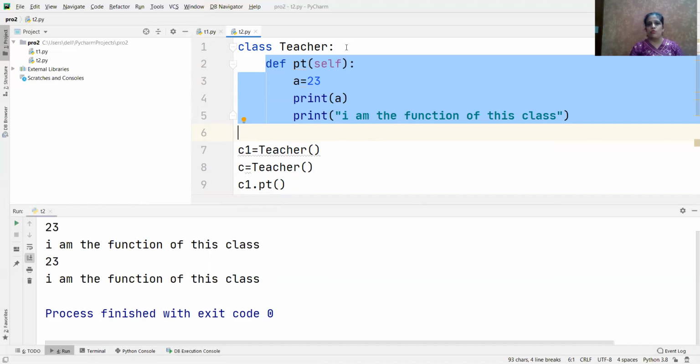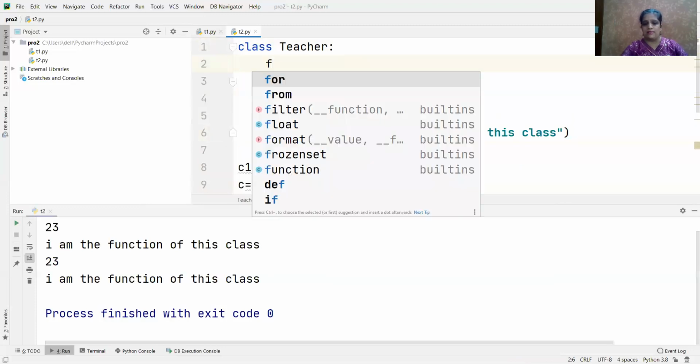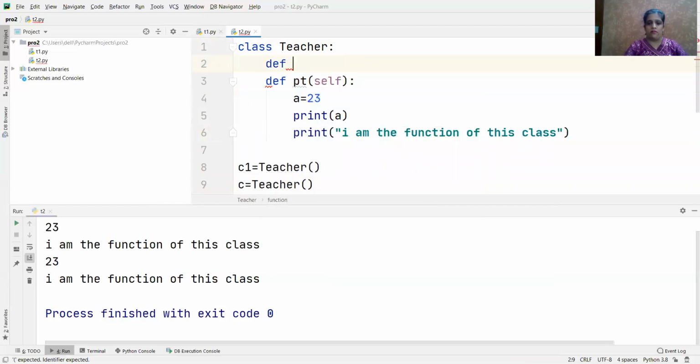I have to make one more function, say def, and this function is known as the init method. It's a default function, or you can say it works like a constructor. You have heard about the word constructor in C++. If you are aware of C++ programming, what is a constructor used for over there? A constructor is used to initialize variables. If I have to declare any variable in C++, we initialize it in the constructor. So it works like that. It's not exactly a constructor, but we can say it can be.